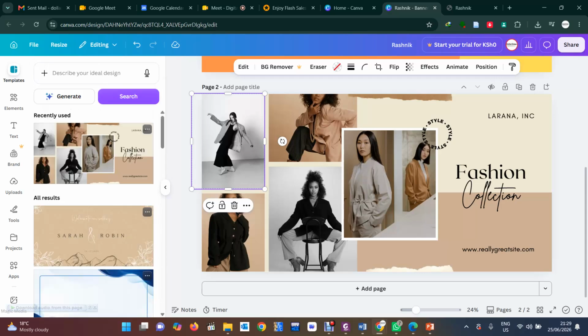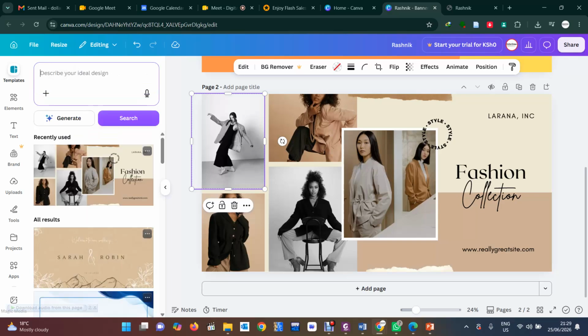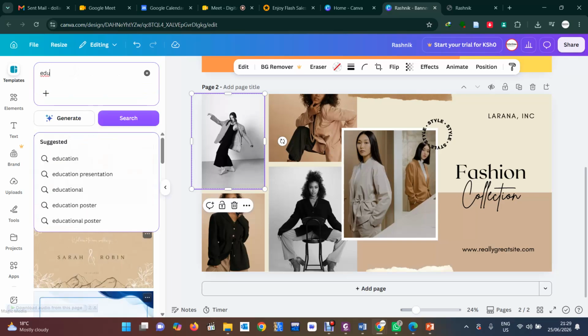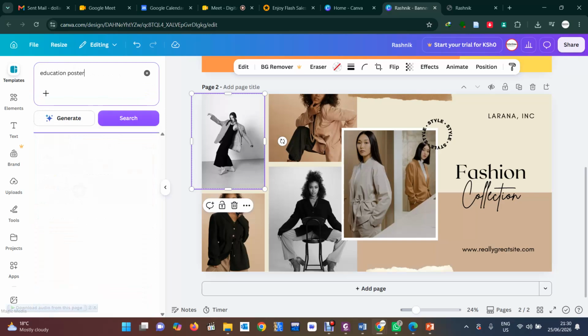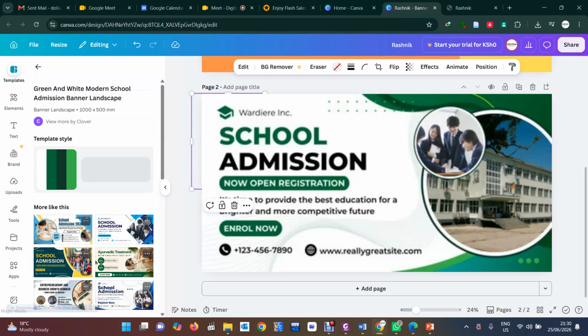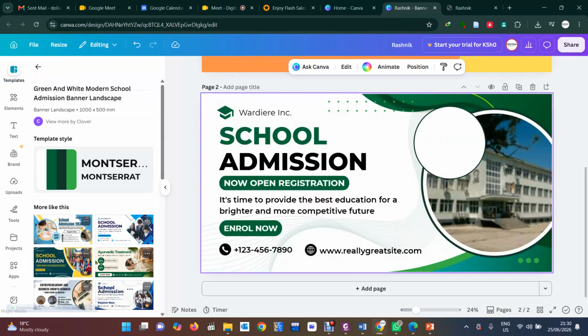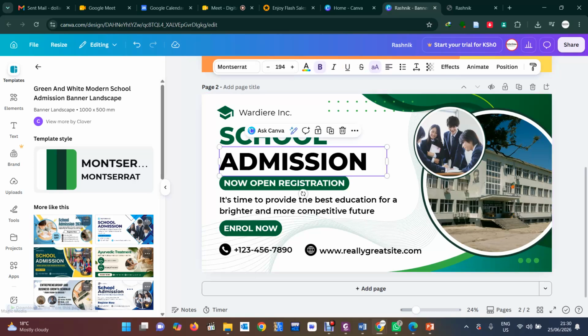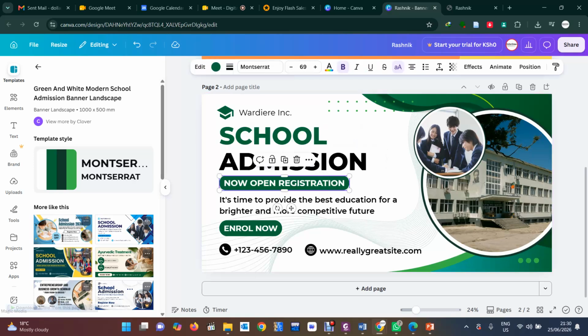Like here, we can come here, then I search here for admissions or education application posters like that. Then you say the school admissions, for example, that one. You see that? Then you put there school admissions now open for registration.